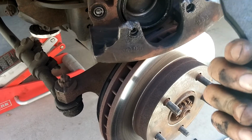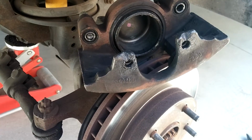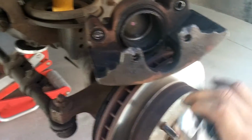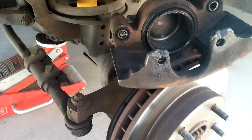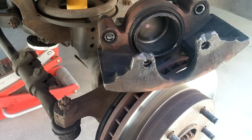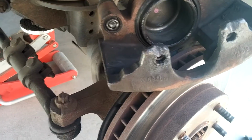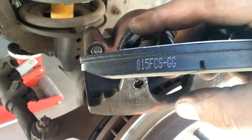And these brake pads, they're physically bigger than the 1500 Dodge Ram. Now, what these will do is since they're wider, they actually grab the whole rotor itself. This will fit on there. I'm not saying you should take my word for it, but I did it myself and it actually worked. In this case, I'm putting these GG brake pads on,